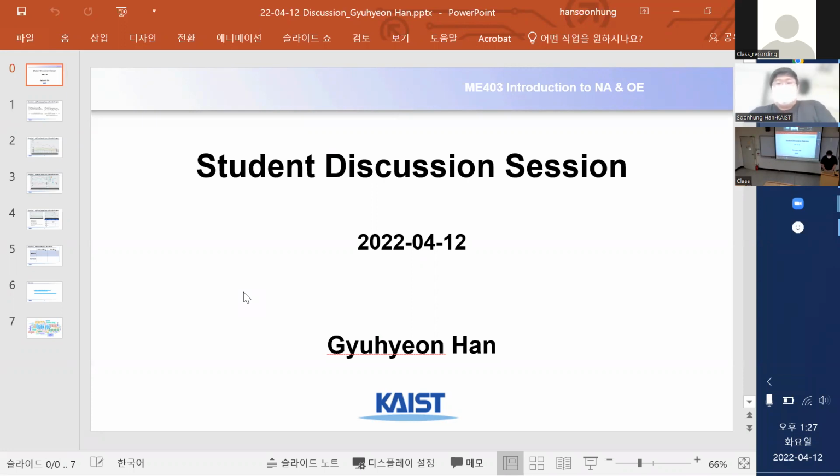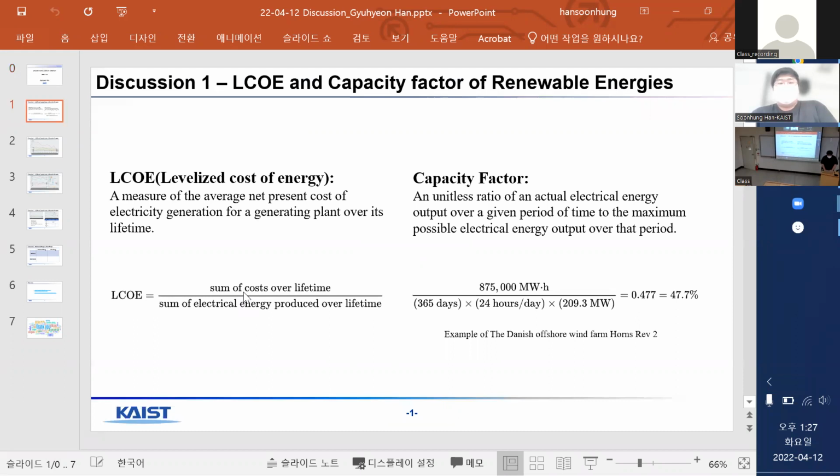I prepared two topics. The first one is about the LCOE and capacity factor of renewable energies. First of all, let me introduce two definitions. The LCOE is the levelized cost of energy, which expresses the total cost of each energy. The capacity factor is simply about how it runs